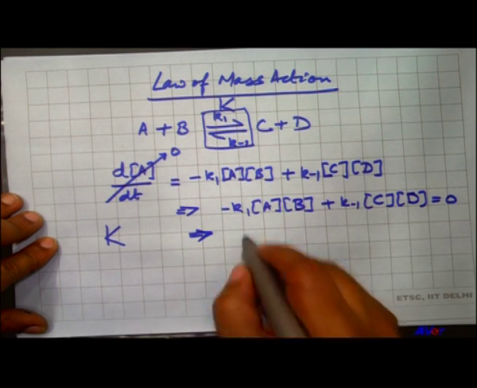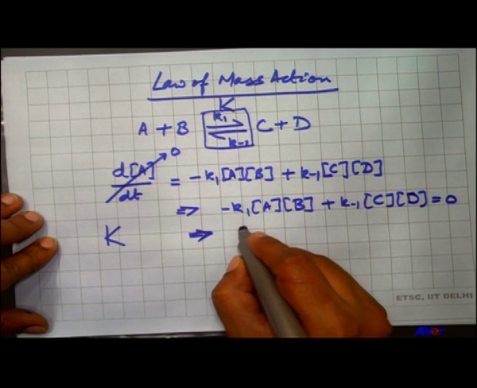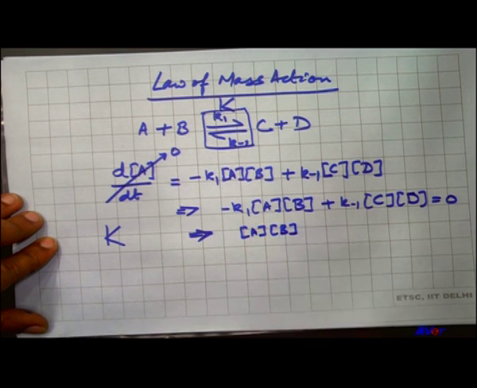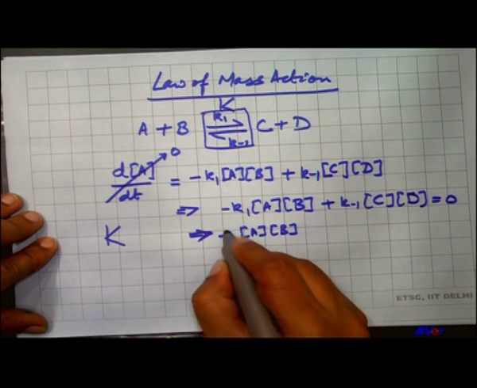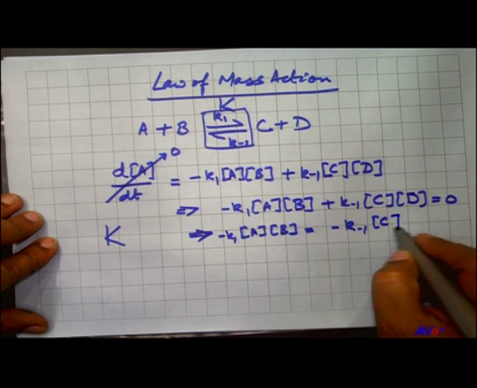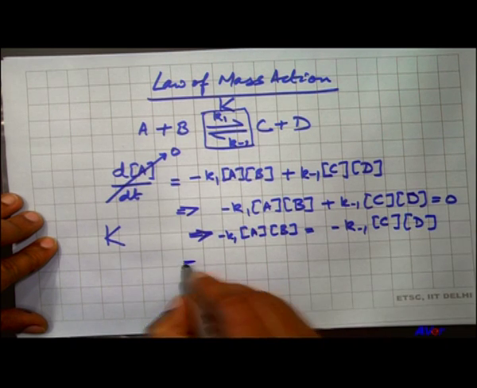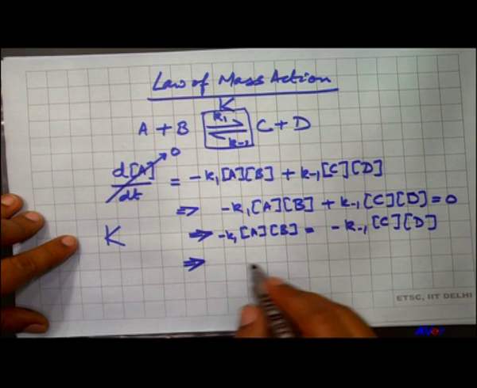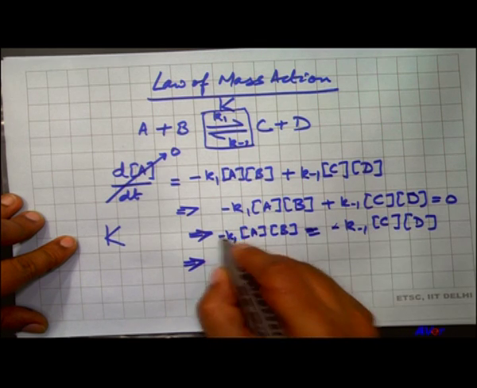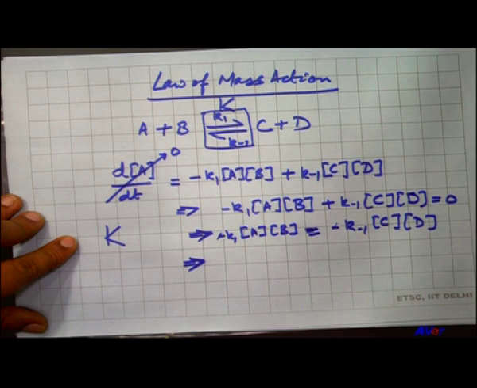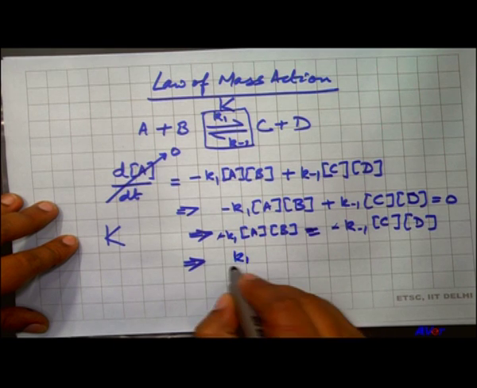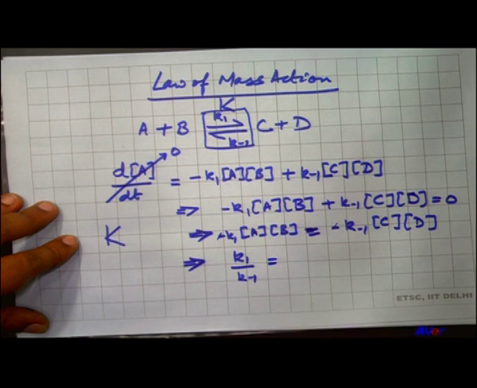Therefore, what you get is k1 A B equal to k minus 1 C D. These signs go, is that right? And then you end up getting k1 by k minus 1 is equal to